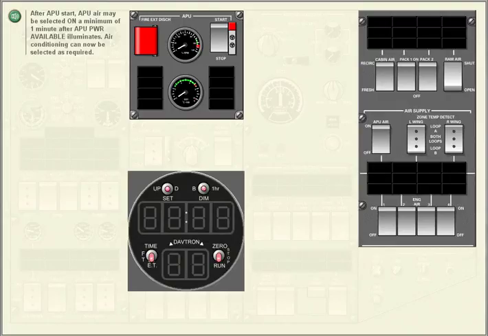After APU start, APU air may be selected on, a minimum of 1 minute after APU power available illuminates. Air conditioning can now be selected as required.